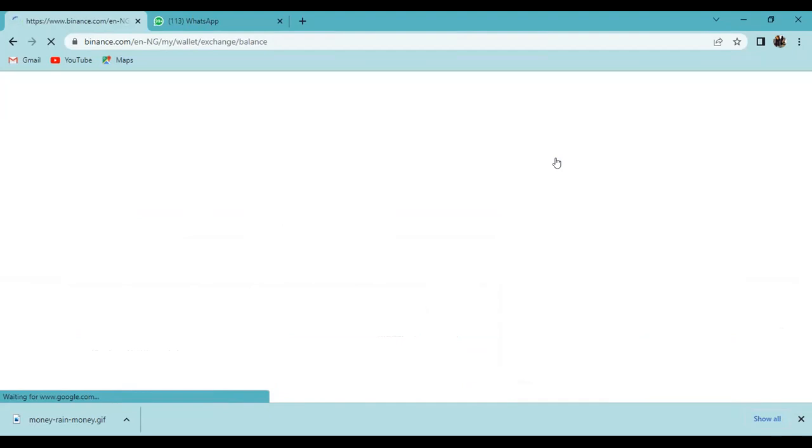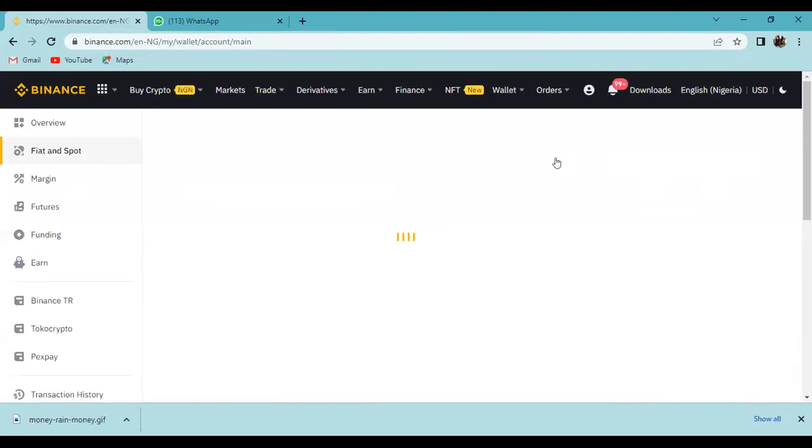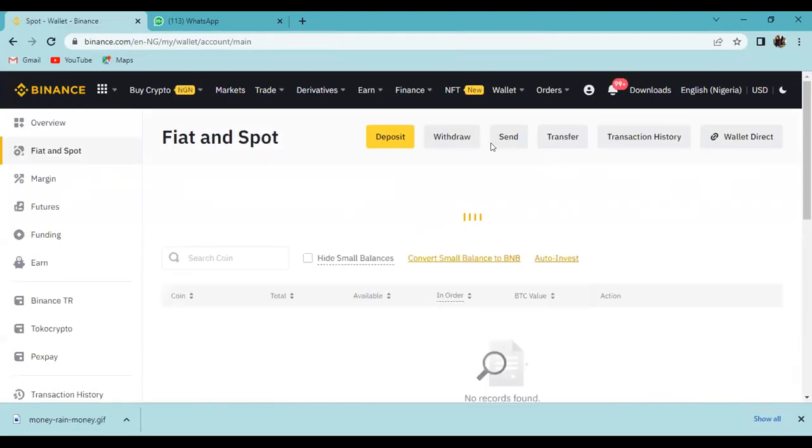My network is showing. Sorry guys, I'm in Nigeria, so our network does like this. Okay, so once you get here, you just click on deposit.